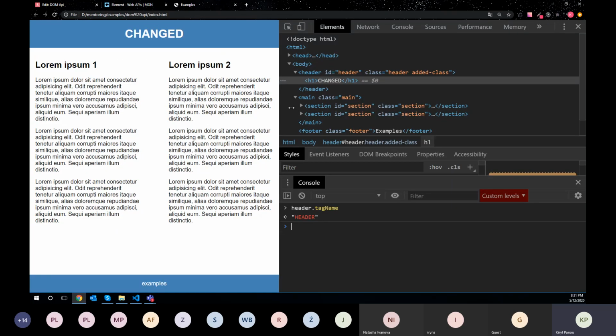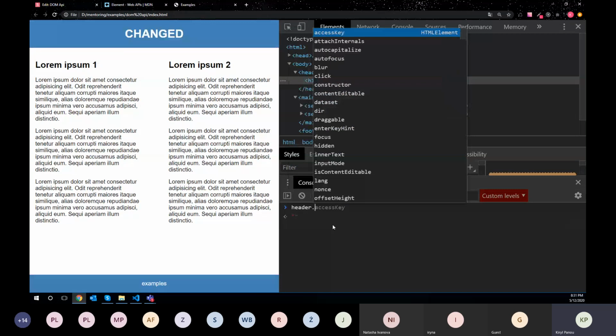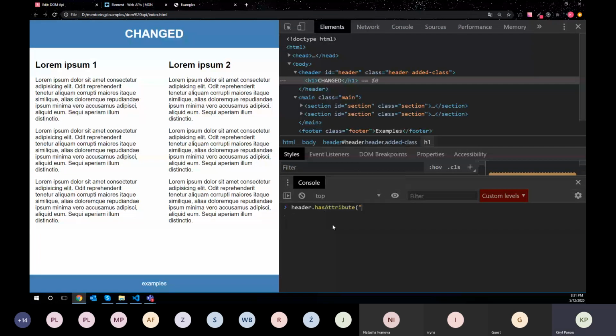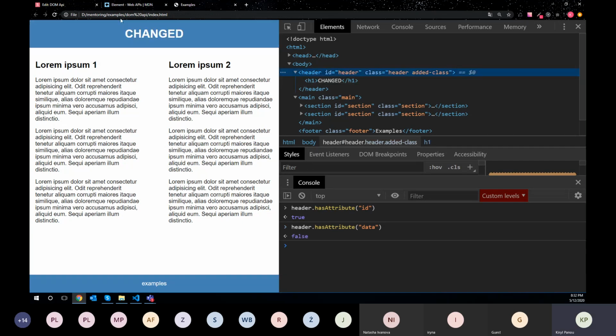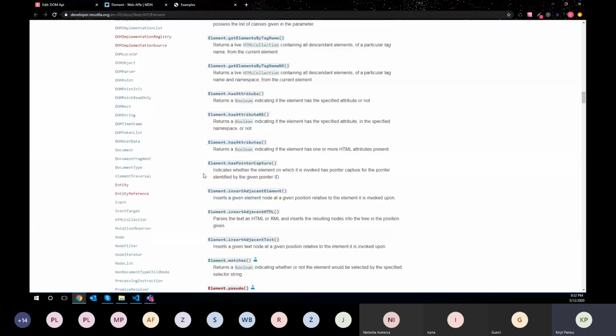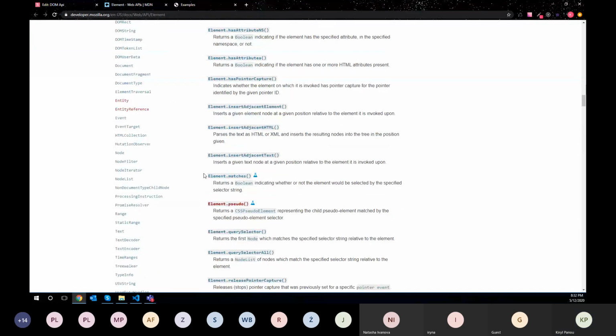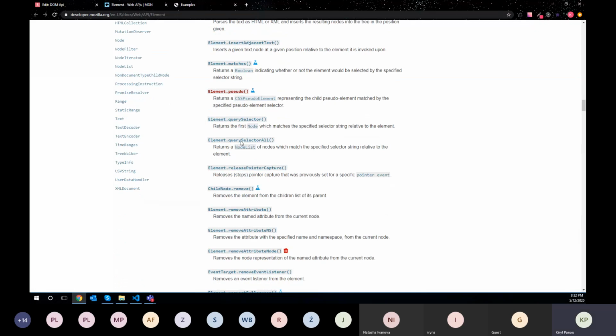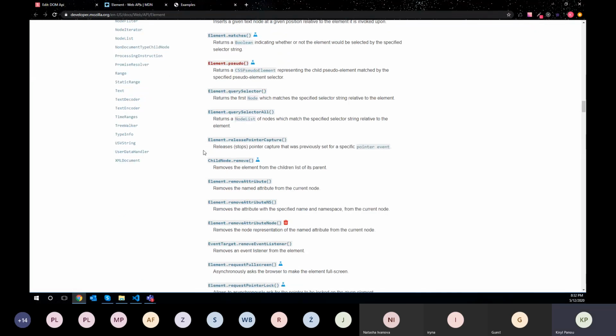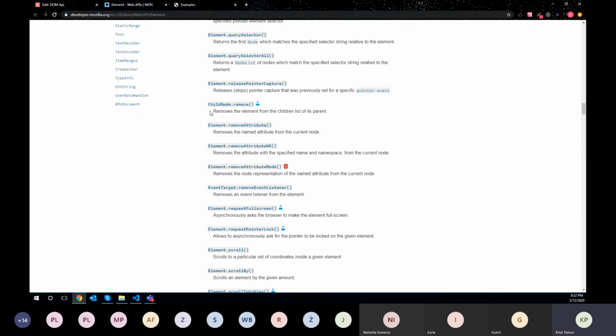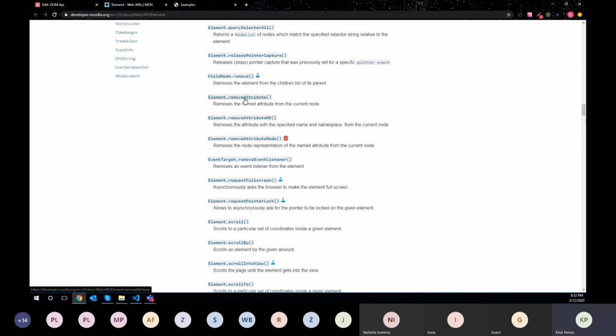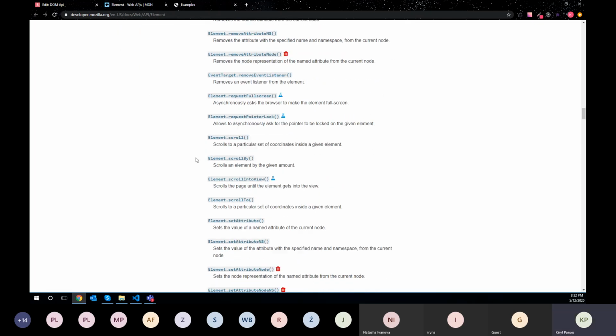Okay, let's take a look how has attribute works. Let's check if header has attribute ID. Yes, it has. Let's check if it has data attribute. It's false, of course. Okay. Query selector, oh, it's also DOM queries. Child node. Remove attribute. You can remove your attributes from the node and